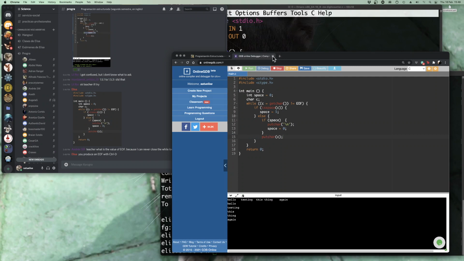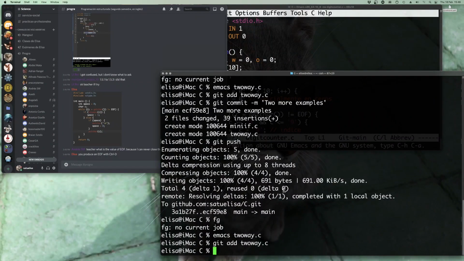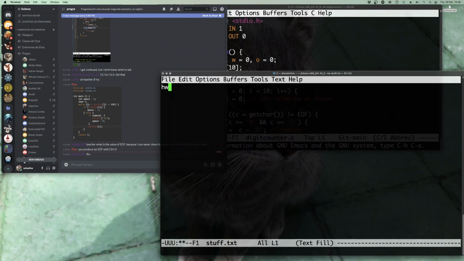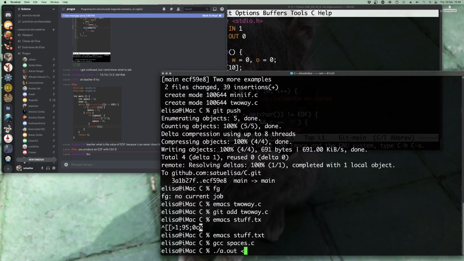Let me close the online one now, and we can just use mine. I'll show you how to do this. Let's make a stuff.txt. Hello, we are testing again this stuff. Okay, so now I could compile the space one, and I could run the space one and